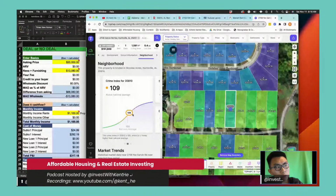So you can kind of see that 100 is the national crime score now, and this is now 109. So just slightly above average. Nothing to be too alarmed or concerned about based on everything that we've seen so far. Okay. Now, the next thing I'll do